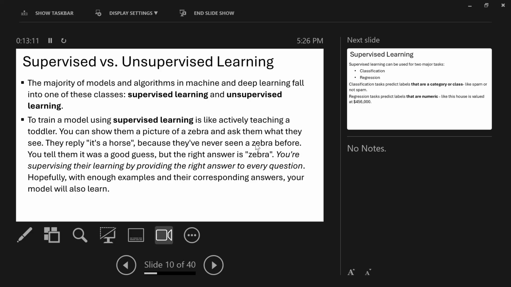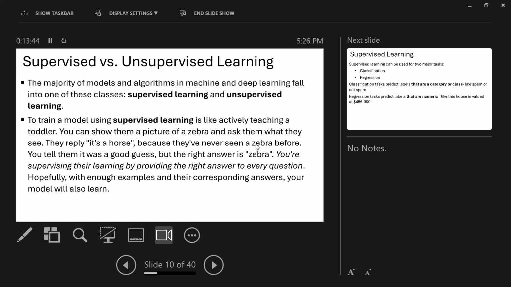The toddler should be able to remember, based on what you taught him, that this is a fan. So that's supervised learning. You give the computer data and you label it. You give the computer different images of a fan, and you train a model so that when it looks at another object, it knows, based on the data it has been trained on, that this is actually the object.